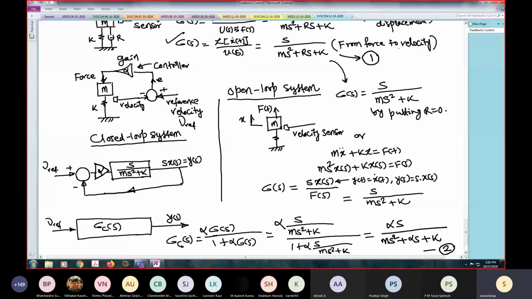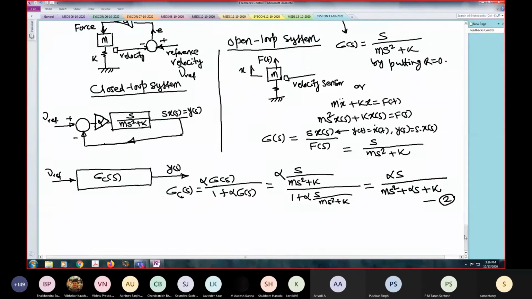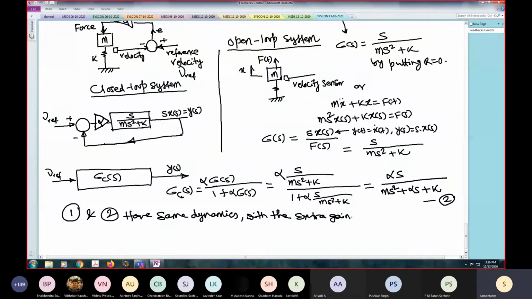So what do we get? 1 and 2 have same dynamics, with the extra gain in 2. In the numerator, we have extra gain in 2, otherwise they have same dynamics. That means alpha is equivalent to resistance, or feedback is effectively